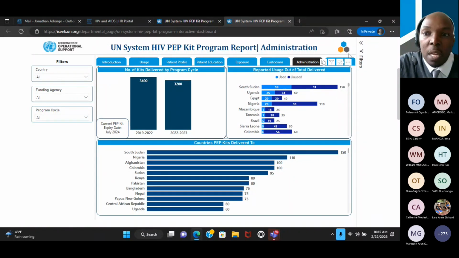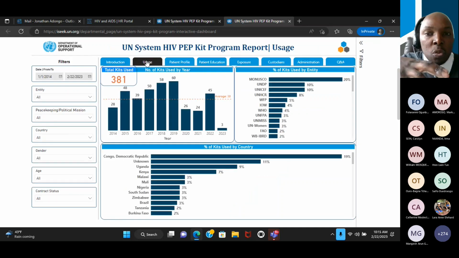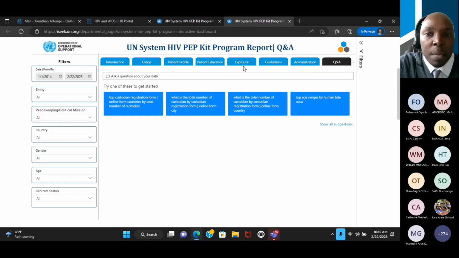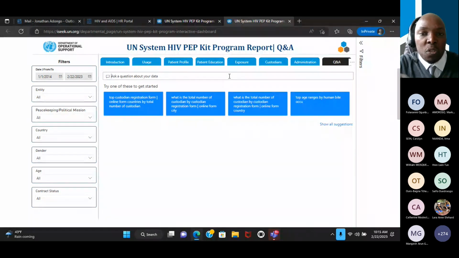And then there's a lot more data on the patient, custodian, and physician reporting forms, but what we want to do is essentially just give you a snapshot picture of what we think are the most important things to look at at first glance. But if you're interested in other information, obviously you can cut the data in the Q&A section and get table information, not visual information, on other things.